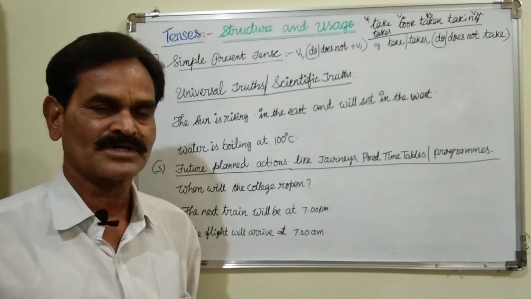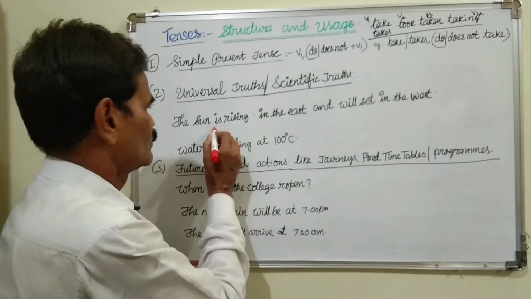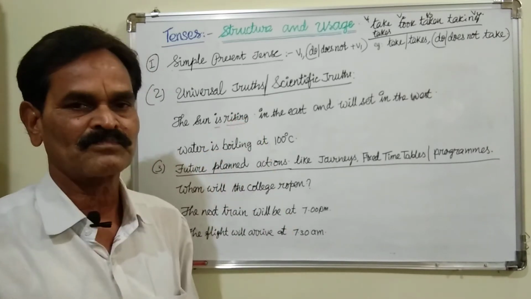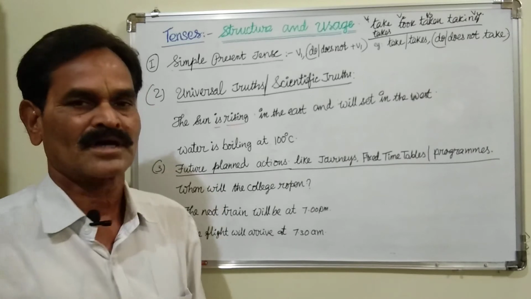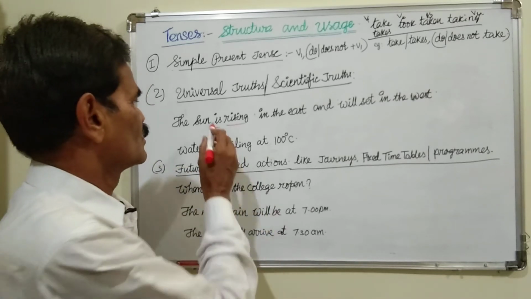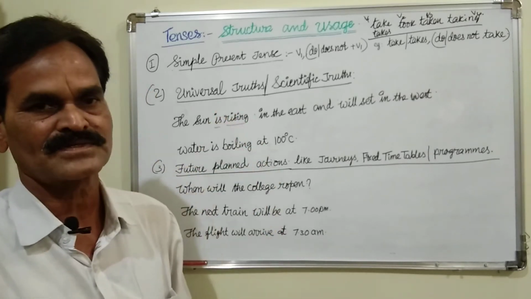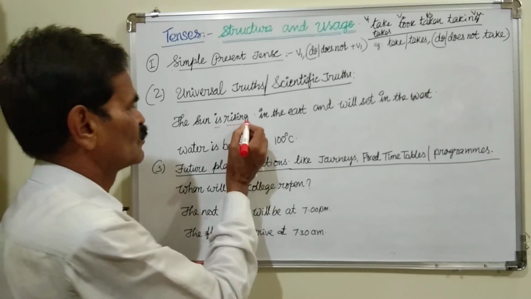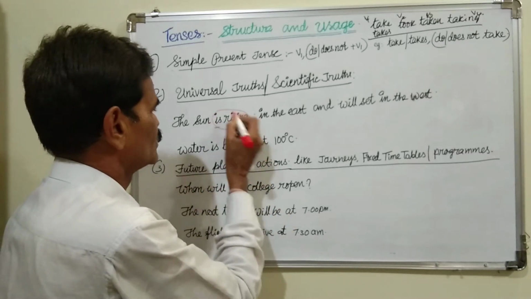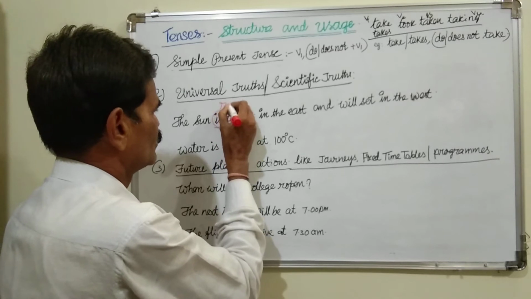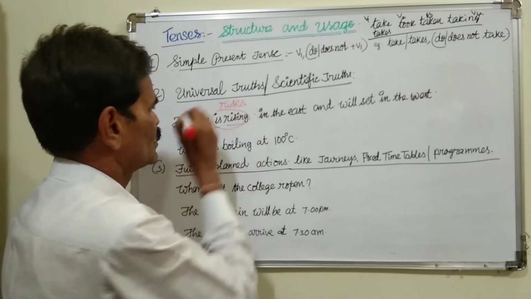You cannot use present continuous, like be form plus ing form. It is a present continuous. You cannot use simple future tense, will plus V1, will rise. So it must be used only in simple present tense. Here the sun is singular, that's why it is rises.